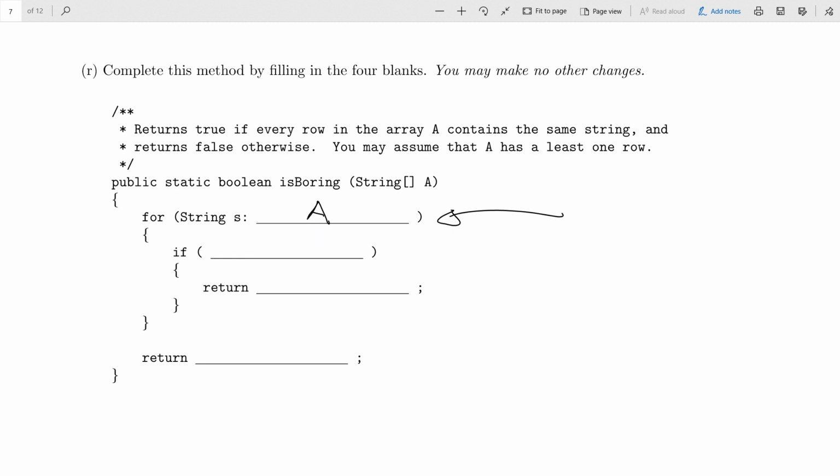So now how do we decide? What we're basically doing is searching for 2 strings that are different. If the array contains 2 strings that are different, then we will return false. But all we've got is this S right here. What can we compare it to?